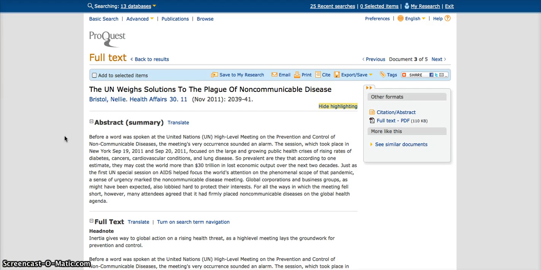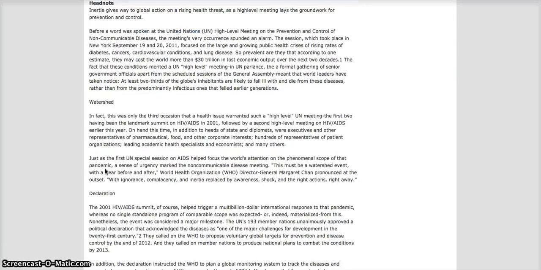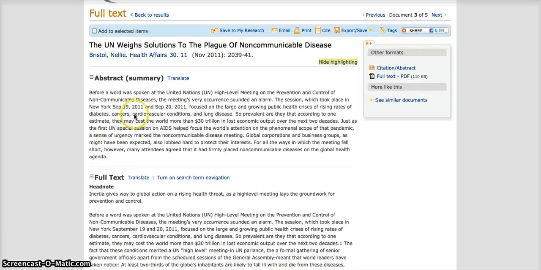One helpful thing about the PAIS International Database website is that each article starts off with a summary. You can skim through this to see if it is the article that you want, and if it is, then you can go on to read the full text of the article. If it's not what you want, then you can always go back and look for a different article.